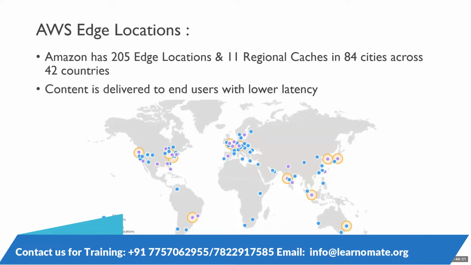So every region will have a lot of edge locations. You can ask me how much time it takes for the data to replicate in the edge location, right? As per AWS, it will not take more than 5 minutes. In the worst case, it takes 5 minutes, otherwise it's in seconds. So whenever you change something in the service, it goes to the edge location and it puts it there, and you can access that from the edge location directly. So that is eventual consistency in AWS. It takes time to get replicated in the edge locations. Because of that, you might face some issues. That is called eventual consistency. We'll talk about those in detail. I'm just giving the information.